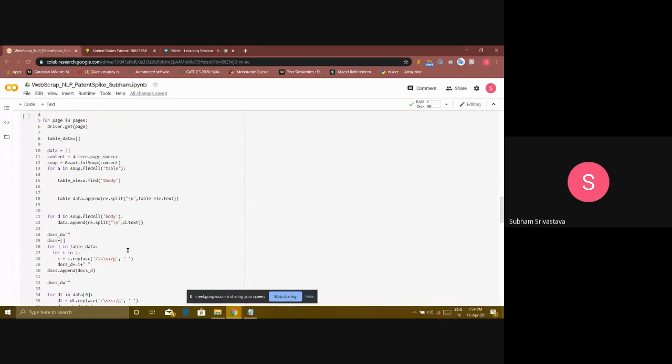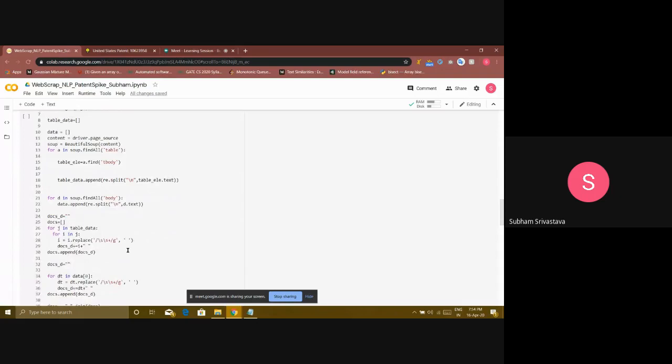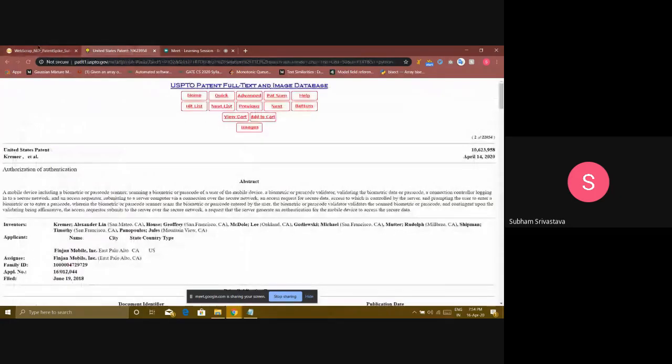So driver.get(page), the driver is getting that URL, and this is simple. Content is the page source, whatever the page source is, the inspect element I showed you, that code gets stored in the content. And Beautiful Soup, as I told you, parses those contents in the form of HTML tags and finds what data to extract under which tag. So that's what I'm using here: soup, Beautiful Soup, that content, and soup.find_all table. It will find all the table tags within the source code of this United States page, as I opened just now in the inspect element.